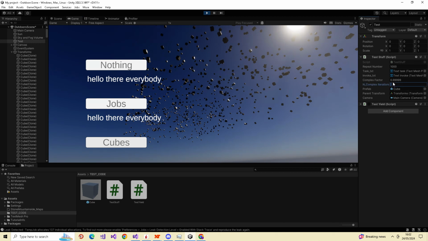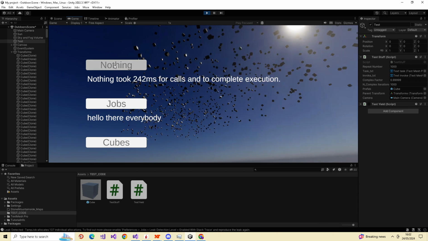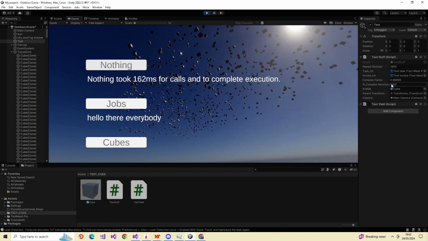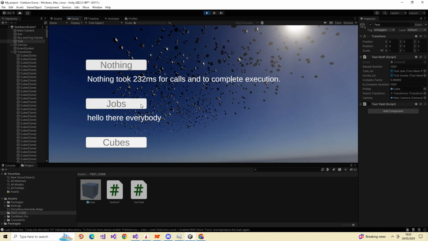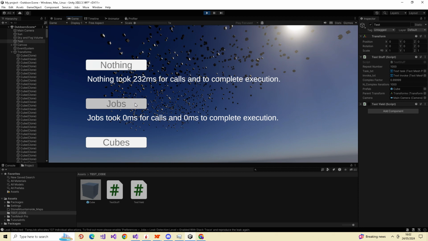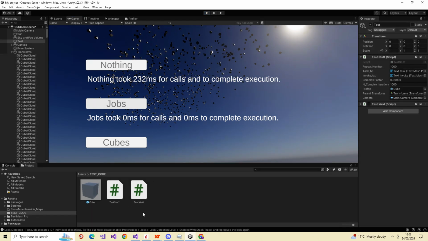Now this is interesting because each one of these moves it 0.1 of a foot. If you watch this, you can't see the moving because it's moving 1,000th of a meter per iteration. There you can see that's 1 meter per iteration, it's still 0.001 per iteration, but with 1,000 it's 1 meter per set of iterations. Now, the jobs do it much quicker. The jobs are just way quicker, but I was unfair in the test so far,